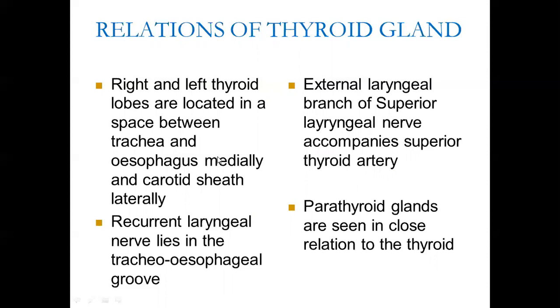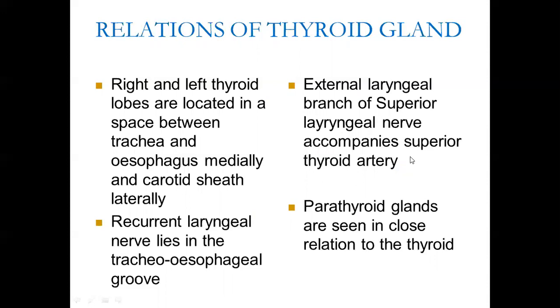The recurrent laryngeal nerve lies in the tracheoesophageal groove. So the left one lies in the left groove and the right one lies in the right groove. So it's basically posterior to the thyroid gland. Now the external laryngeal branch of the superior laryngeal nerve accompanies the superior thyroid artery. So usually the recurrent laryngeal nerve is a branch from the vagus. Similarly, you have the superior laryngeal nerve, which is a branch from the vagus, which divides into external and internal laryngeal nerve. And the external laryngeal branch is of importance to us because it travels along with the